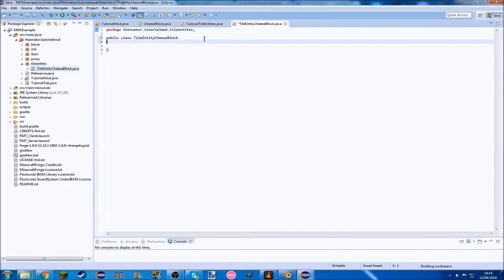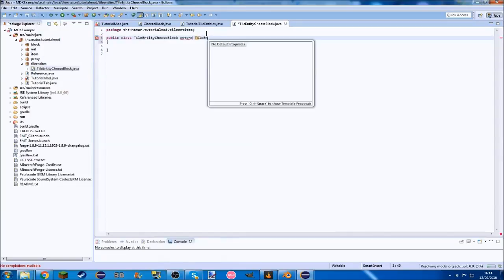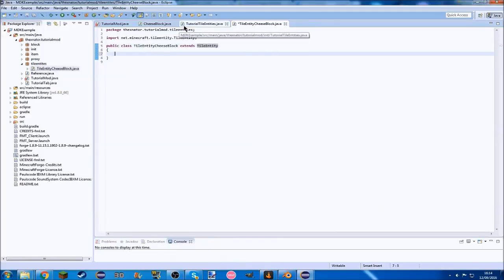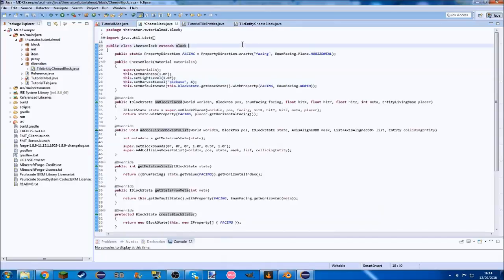And then just make this extend the tile entity. Tile entity. And then we just want to go to the cheese block class, and we want this to implement